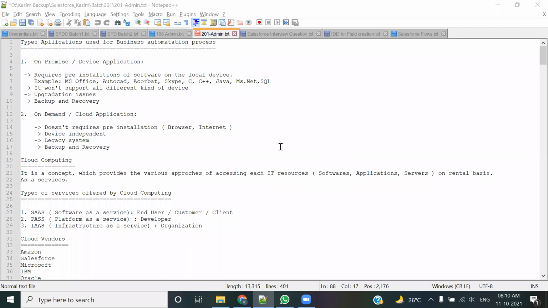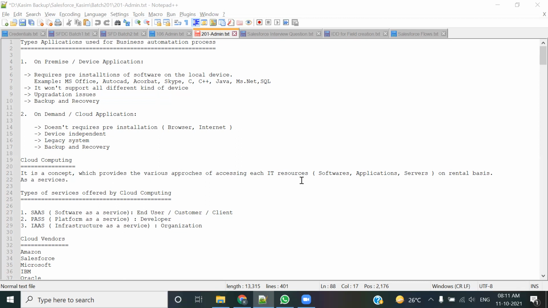The first thing, in the beginning itself, let's understand that businesses are everywhere. Businesses use applications. Nowadays, the use of software in business is a very common thing, and we are here to learn that also. Because you have come to Salesforce because you want to learn how to develop applications, how to develop software for a particular requirement, for a particular client. If a client has a business and wants us to develop an application, this software will help that particular client carry out his day-to-day activities in the business.